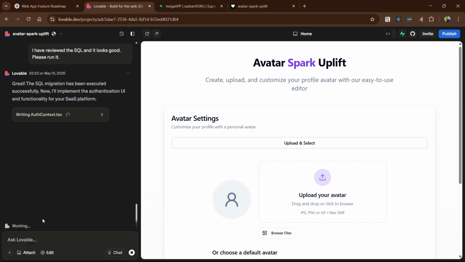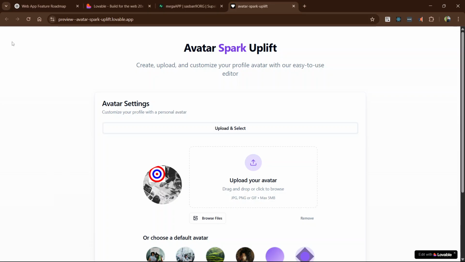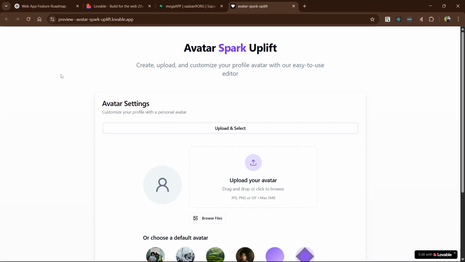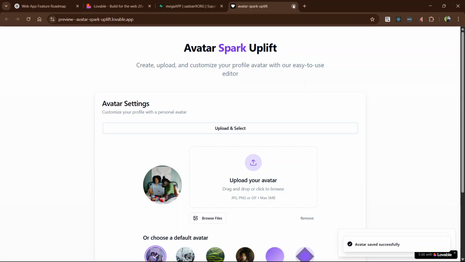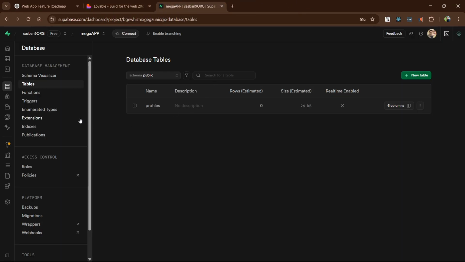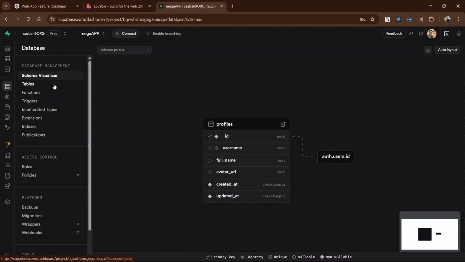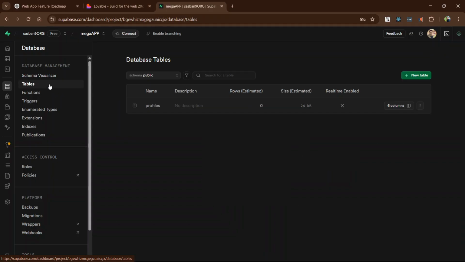Writing the auth context TSX. Okay, so it's going into that, looks good. So my avatar settings is still right. This one works. I choose something and I can save. Avatar saved successfully. So that one is working. Profiles, I can see new tables. Schema visualizer, auth users ID,